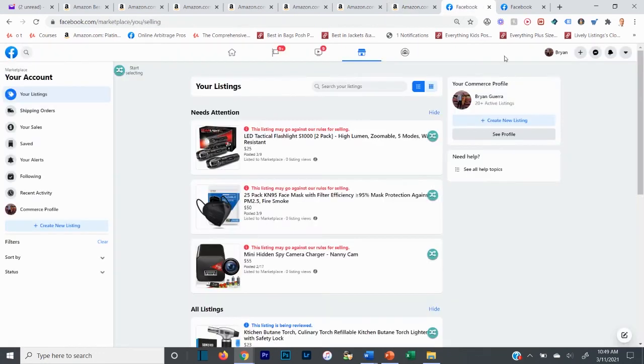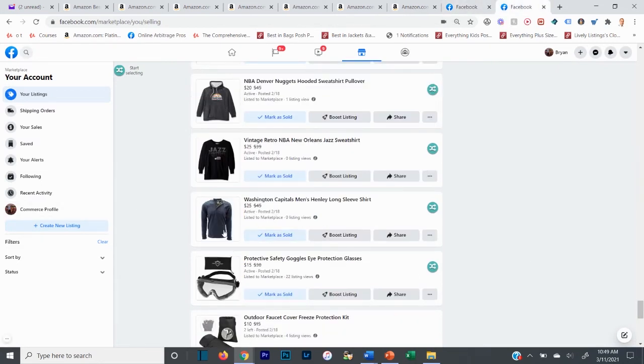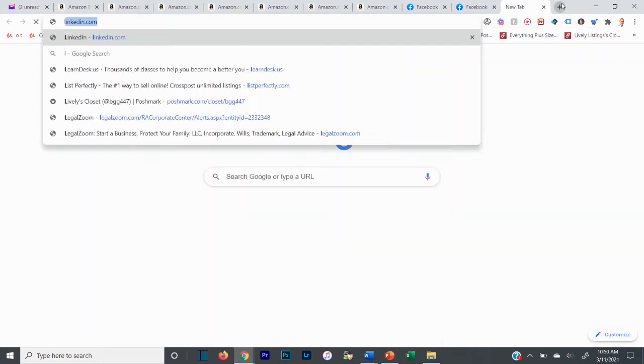But if you use a multi-channel listing software, where is it? Right here. If you use a multi-channel listing software, I'm going to create a tutorial on this coming very, very soon. This is a game changer. I've been using it a lot lately, and I always used to use this to post everywhere. So if you go to listperfectly.com,